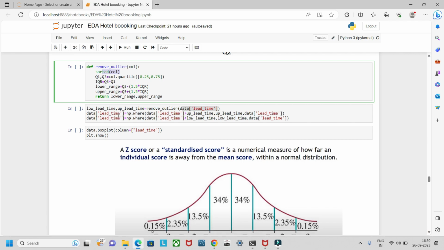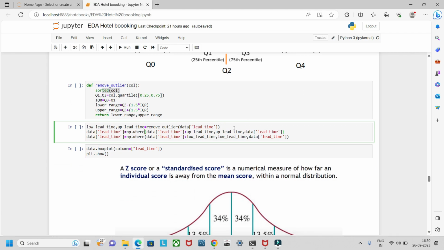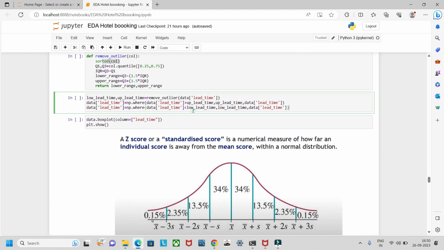Now, indirectly in the column itself, we are checking the values using the NumPy library. With np.where, if the data column is greater than up lead time, we replace that value with up lead time, in the sense of the maximum range, and we add it in this. Similarly, for values lesser than low lead time, we replace them with low lead time in the dataset. Now if I run this,